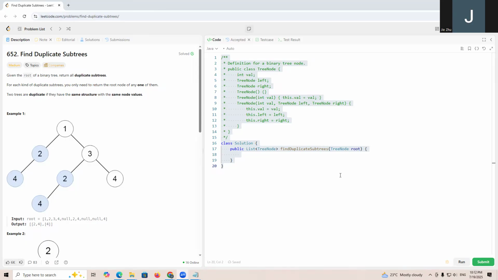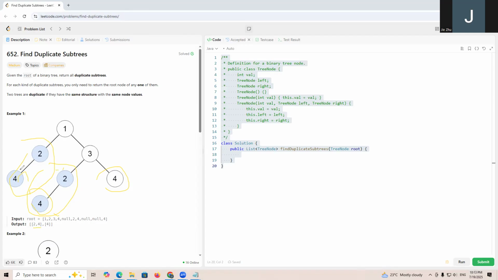For this question, it gives us a tree root. Let's find all of the subtrees which have a duplicate. For example, this 2 and 4 and 2 and 4. You will see there are two, so this one and this one appears twice. And also we'll see this 4 appears 3 times. So we'll return those kinds of trees, like this 2, 4 subtree and also this subtree, creating a list of